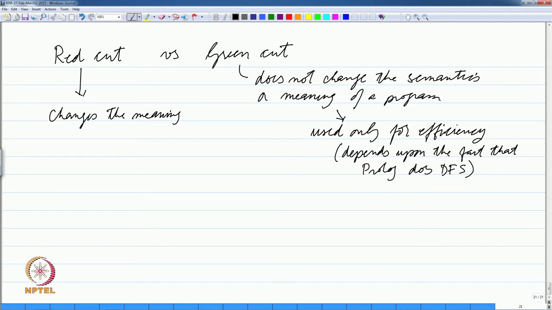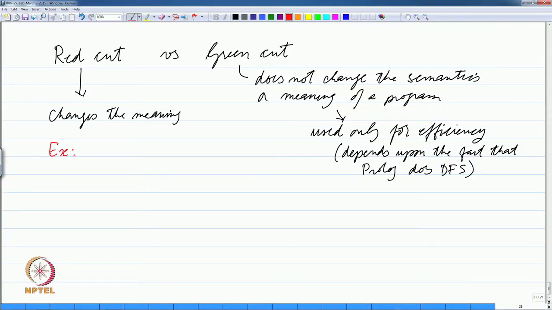So, let us look at an example of a slight variation in a program, where one program uses a green cut and the other program uses a red cut essentially. So, let us look at an example here. Let us say you want to write a program to determine the maximum of two numbers. So, you are given two inputs and you have to decide which of them is maximum, and the